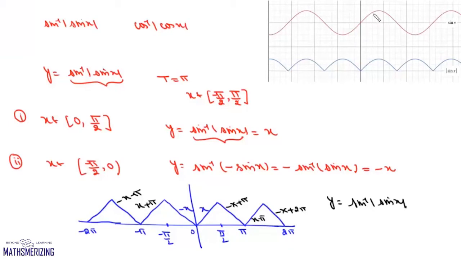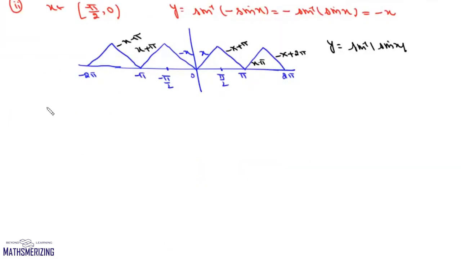Now we look at the graph of sin x and mod sin x. Then from 0 to pi, both the graphs are same. So in 0 to pi, graph of sine inverse of sin x will be same. So another way of drawing the same graph can be from 0 to pi, draw this graph and then repeat the graph. So again, we'll end up getting the same graph. So this is how we draw the graph of sine inverse of mod sin x.